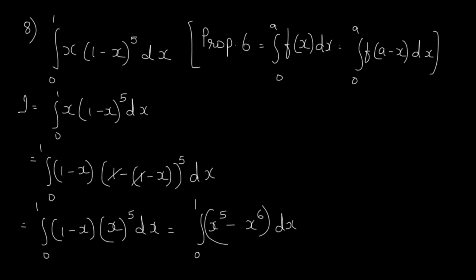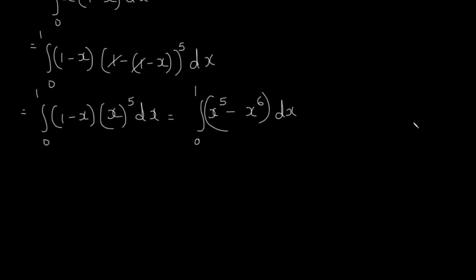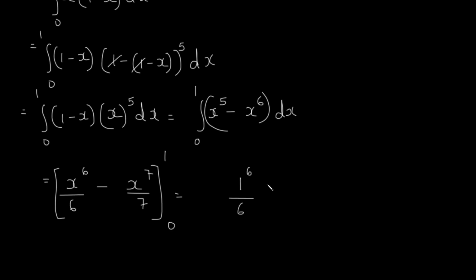Upon using the formula for the integration of x raised to n, we know it very easily. So we get the answer in this way, that is x raised to 6 upon 6 minus x raised to 7 upon 7, because we know that the integration of x raised to n is x raised to n plus 1 upon n plus 1. So this is from 0 to 1. Now we put the upper limit for integration, which is 1 raised to 6 upon 6 minus 1 raised to 7 upon 7, and minus 0 minus 0.